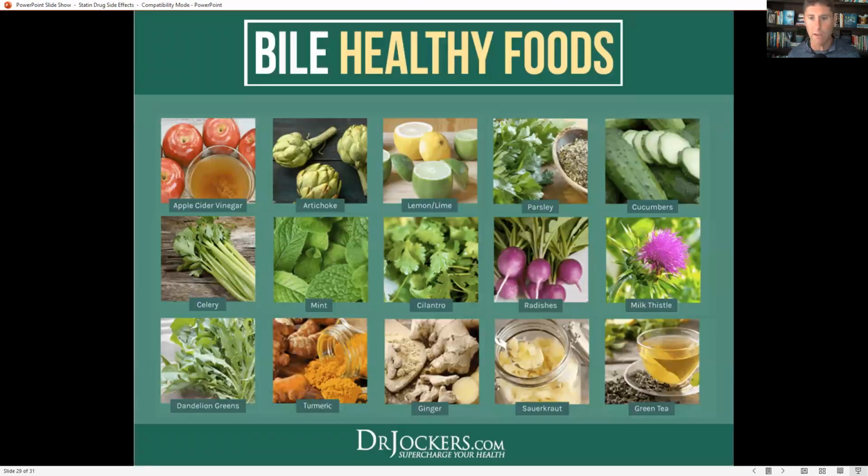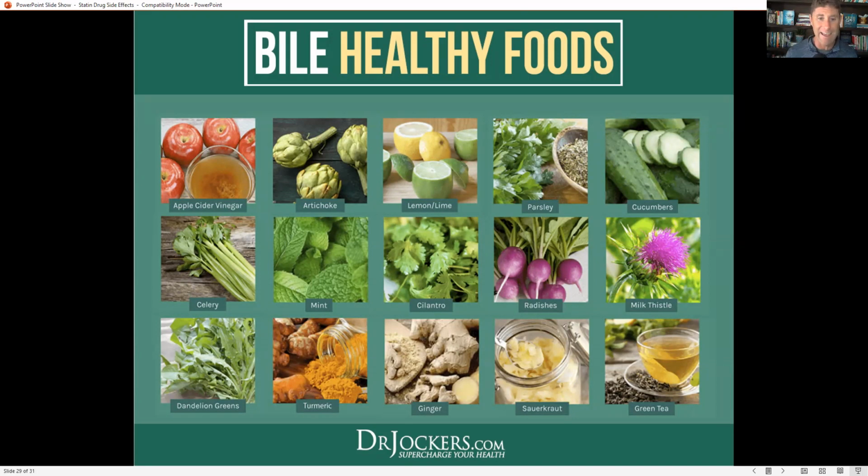Some of the best things for supporting liver and bile flow are all your bitter types of herbs. We say bitter is good for your liver. It really helps thin the bile and move the bile out. Things like apple cider vinegar, artichokes, lemon and lime. So just putting some of that in your water or putting it on your food. Parsley is great. Cucumbers, celery, mint, cilantro, radishes, milk thistle, sauerkraut or kimchi, green tea, drinking green tea, using ginger,